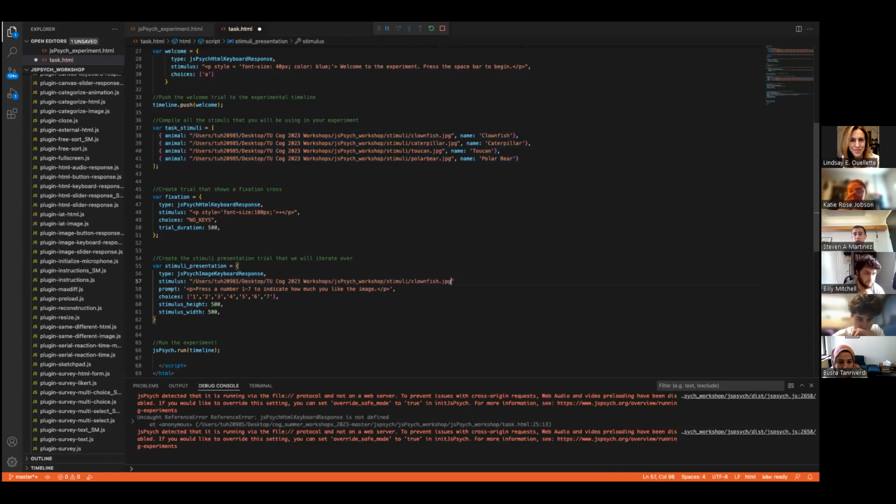Fair quotes. And it'll just show one image if you want to show different images for whatever reason. We're just taking it up a notch in the sense that I think people like to have repetitive trials that show different images, different stimuli. This is the prompt that we're going to put. Again, this is a paragraph to start it off: press a number 1 to 7 to indicate how much you like the image. The choices are again 1 through 7